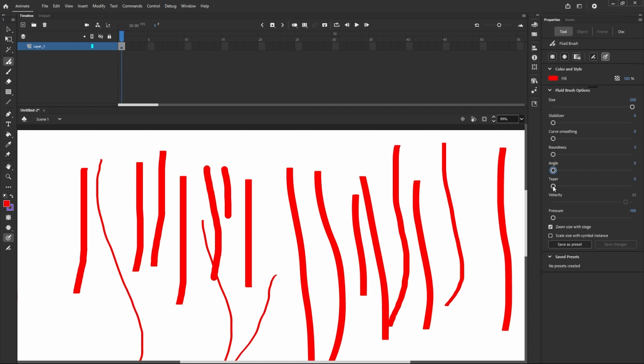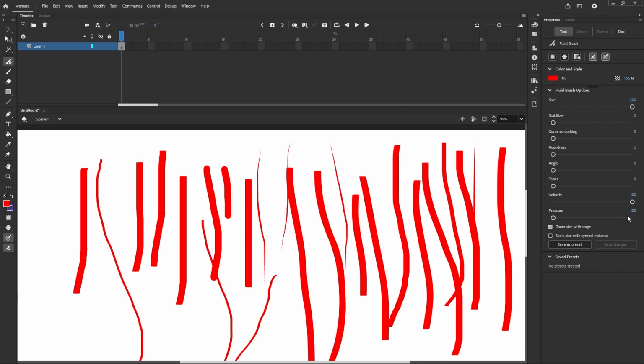and here the taper. So taper is something like, right? Suppose see, it is giving some kind of thin and thick. Okay, and here the velocity. For the velocity, first you have to turn on this velocity, and here the velocity is at 100. You know, see, is right. And suppose you can decrease this one, and the velocity value is not adding. Okay,